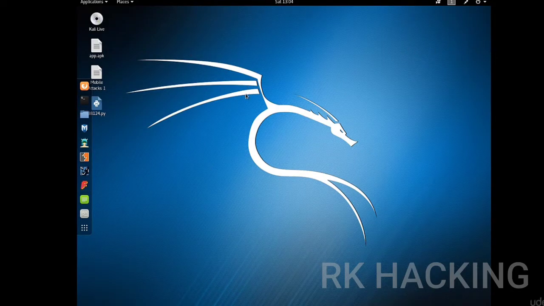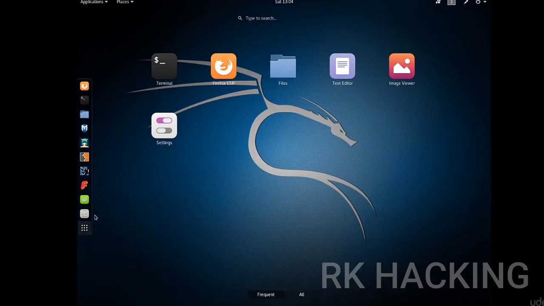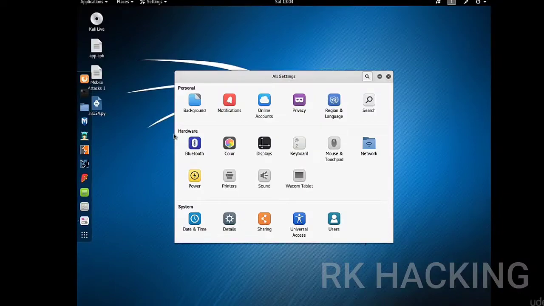We also have the settings for Linux and other tools that allow you to configure it as a regular operating system: changing the background, configuring the sound, changing the display. You can get that from the settings here, which represents something like a control panel. We also have a browser here that allows you to browse the internet and go to different websites.